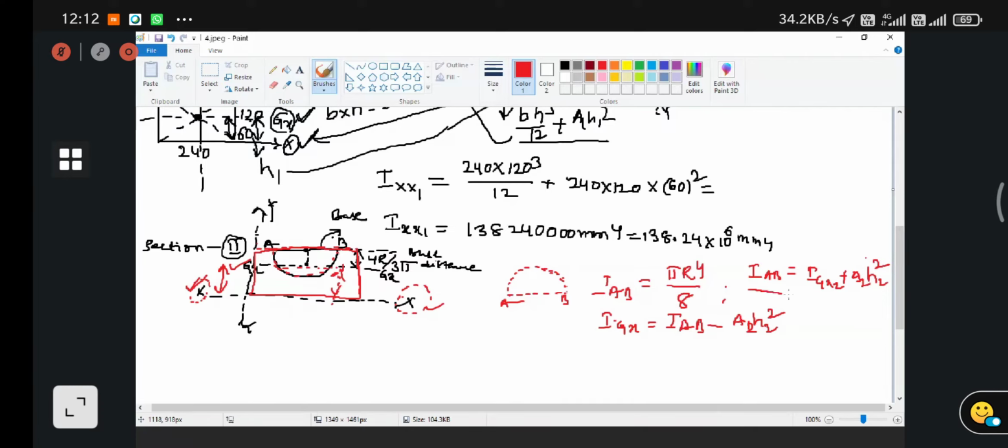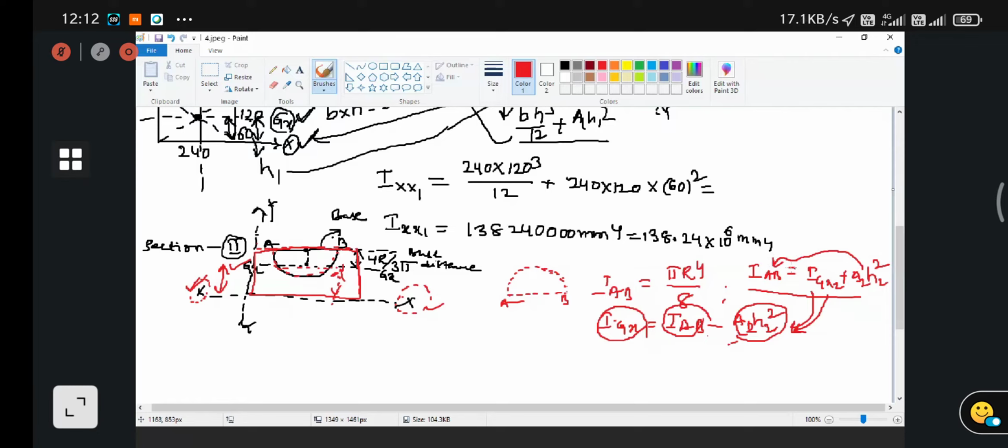Is it okay? So this is the formula. In order to find the centroidal moment of inertia, I am going to subtract this base moment of inertia. From this, I am going to subtract the area of the second section times this term. So this comes from here. I have kept this one on the left hand side.